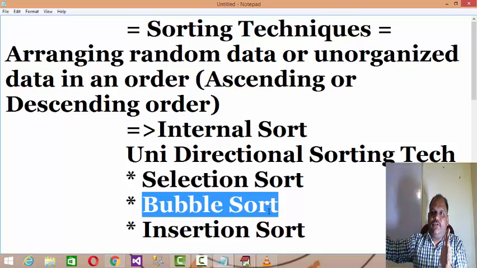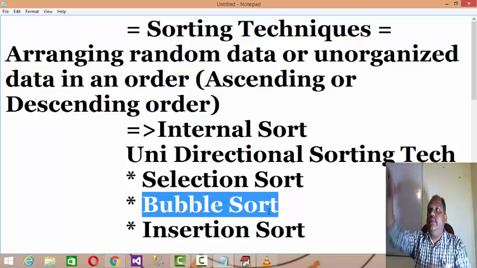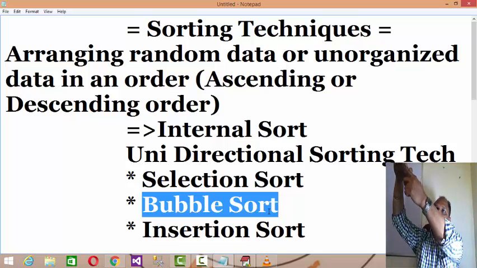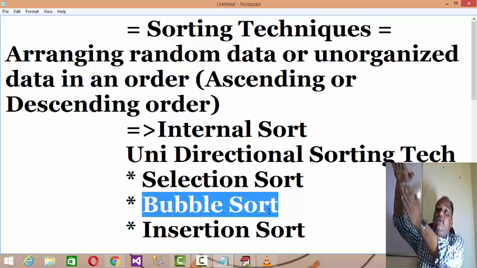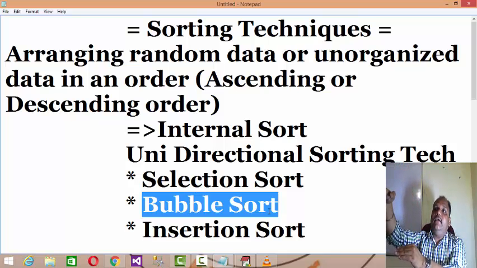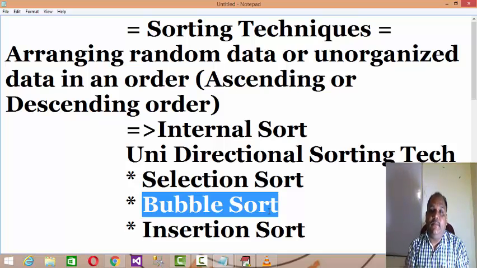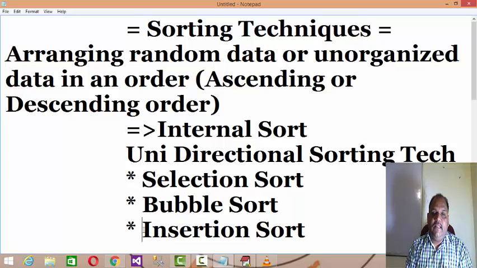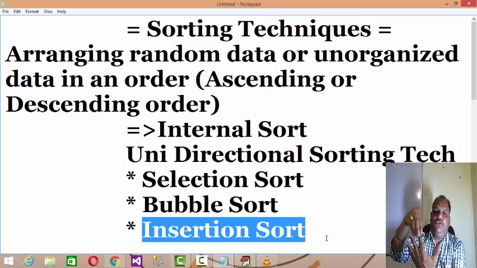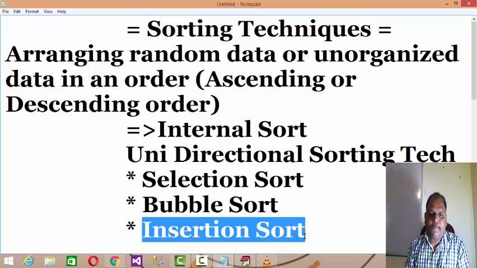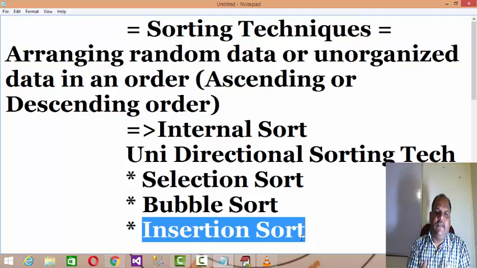In the case of selection sort, the total number of iterations is n-1. In bubble sort, the lowest element pops to the top first, and then it increments. So the number of iterations depends on n-1, then n-2, then n-3, so in totality fewer iterations are required. And insertion sort means you pick up the positions and then start with the adjacent elements. All these algorithms are designed for arranging data in ascending and descending order.